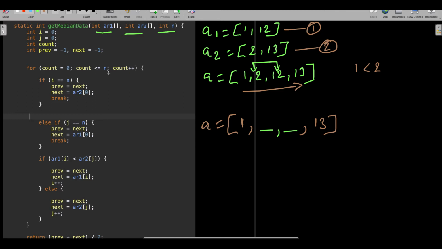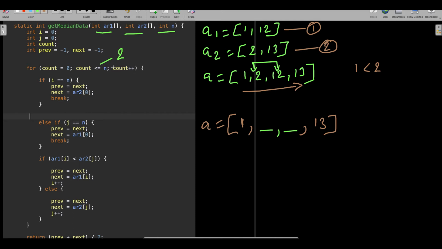So I am writing one for loop. This for loop will run from 0 to n, less than or equal to n. So how many times will this loop run? If someone asks you, you are running the loop 0 to n, so this loop will run on this array 3 times: 1 for 0, 1 for 1 and 1 for 2, because n is the size of the array. And what is the size of A1? Actually, the size is equal to 2. When the size is equal to 2, this loop will run 3 times, 1 for 0, 1 for 1 and 1 for 2, because you have less than or equal to.